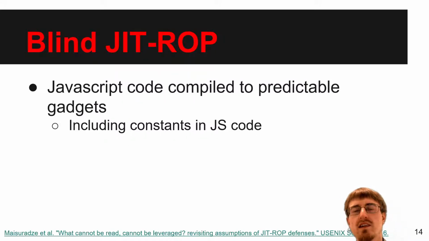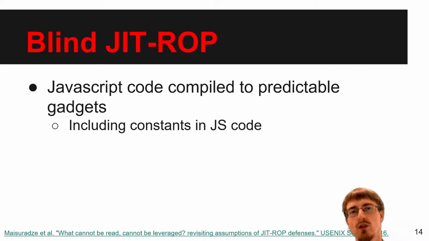It turns out that JavaScript code is actually compiled to predictable gadgets. So when we write the JavaScript code and we know the target platform, we can predict what the resulting machine code will be. This includes, interestingly, constants in JavaScript code. So if we have a constant in JavaScript, it must appear in the final executable code as also a constant. This is obviously an issue because it would be easy to inject a gadget followed by a return instruction. Short gadgets would easily be includable in constants. So this is an issue, but